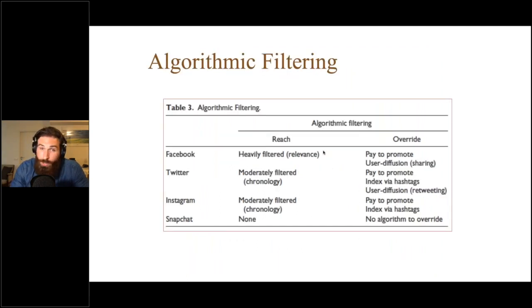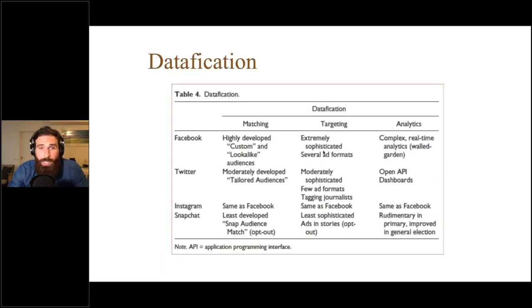The third is algorithmic filtering. So we have all this content flowing across platforms. How is it filtered through algorithms? We know that the reach of a post on Facebook is really determined by the algorithms, whereas on Twitter, and Instagram as well, you can actually get outside of your follower network by using hashtags, right? Political campaigns, organizations, and businesses can override these algorithms by paying to promote content in ways that the typical user cannot.